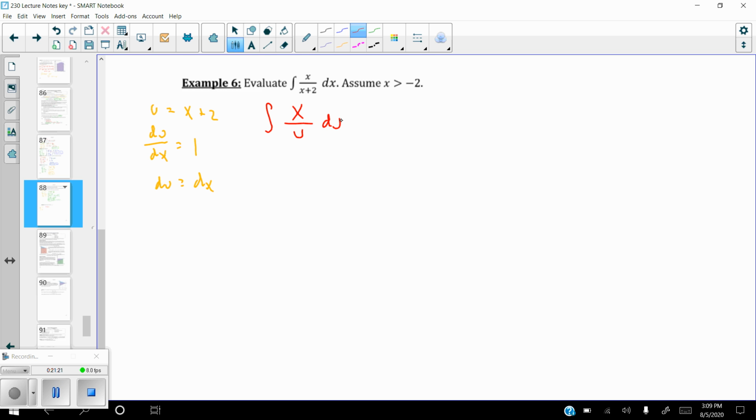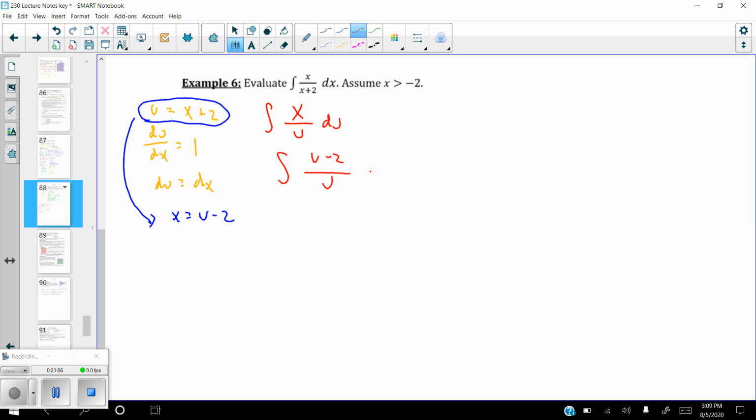Well, here's the trick. We can actually create that. What we have right here is an expression that involves x's and u's. If I was to take that expression and solve it for x, that means that x would actually equal u minus 2 if I subtract 2 on both sides. So x is going to equal u minus 2. Well, then I can actually replace the x in my integral with u minus 2